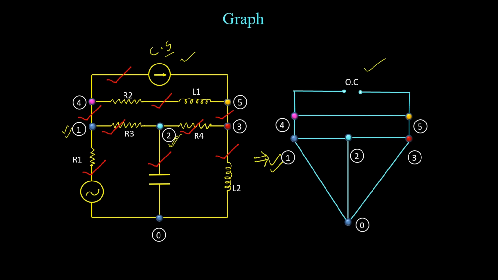This is the graph which represents my given network. Now coming to the graph, is there any simplification or any little bit of modification I can do in the representation of the graph? Yes, of course, because we have an open circuit line here which is not required at all. If it is an open circuit, we no need to consider any lines which are connected as an open circuit in the graph. So you can eliminate this line. So I have removed that line.